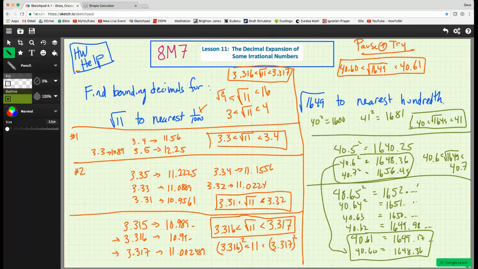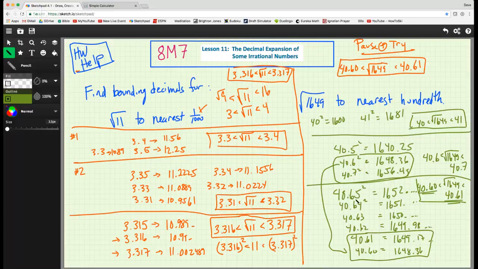So there we have our answer. 40.60 is less than the square root of 1649, which is less than 40.61. So we're between 40.60 and 40.61. So hopefully you figured out the guess and test method for iterating and calculating estimates for square roots of non-perfect